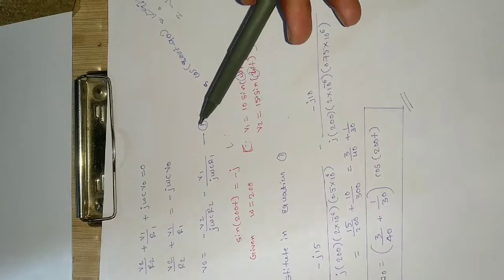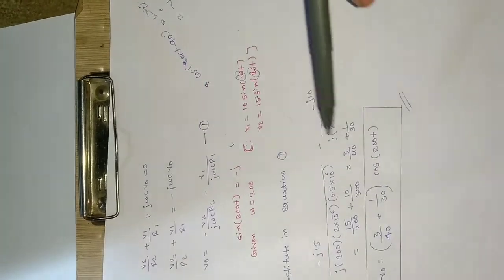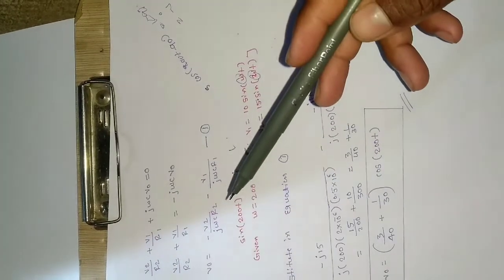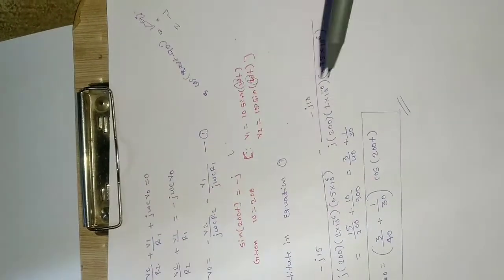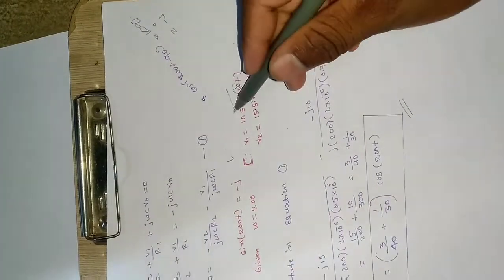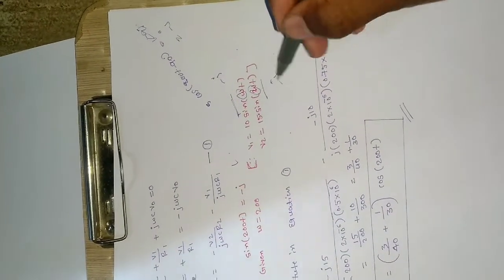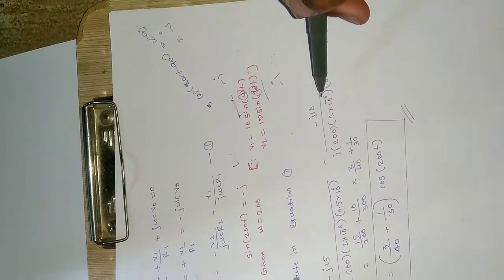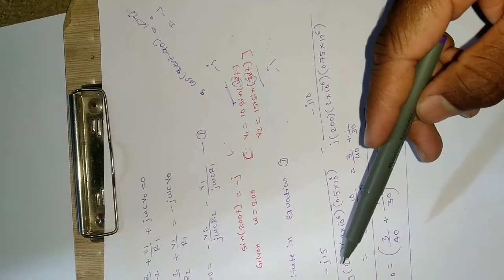Just plug in the values for omega, c, R2, V2 and V1, and we will get the output here. So V2 is equal to minus j15, because sine gives minus j, and in this also minus j. So minus j into 15 is minus j15, and minus j into 10 is minus j10. So those are the V2 and V1 values, and just plug in the other values.